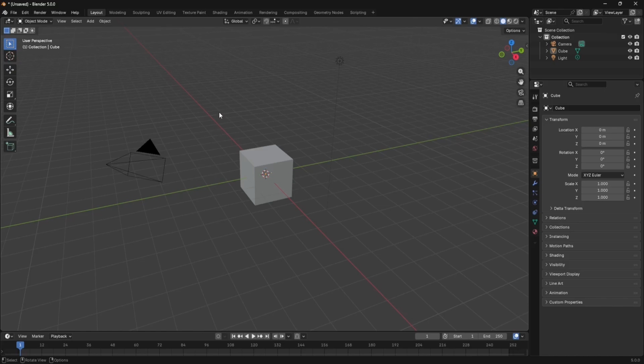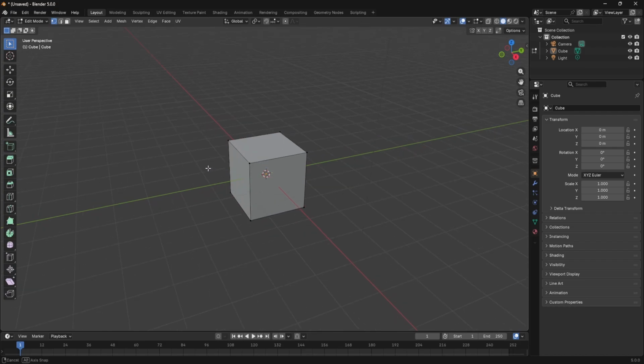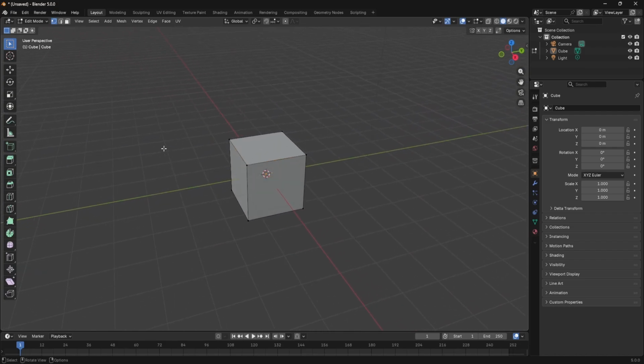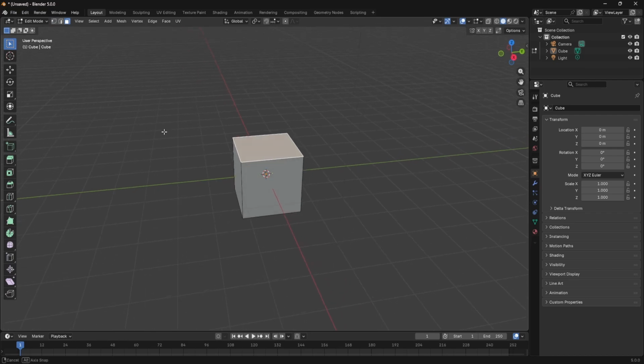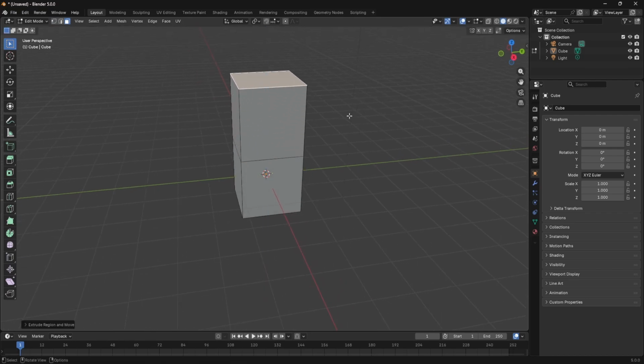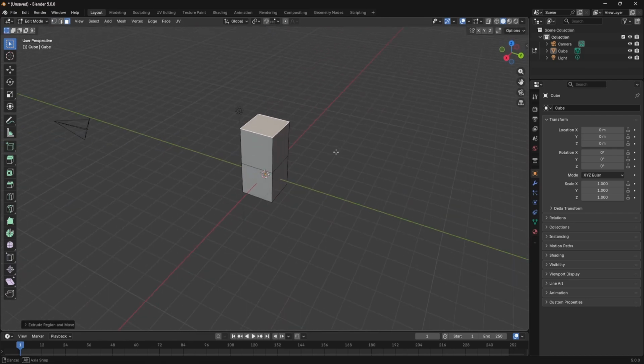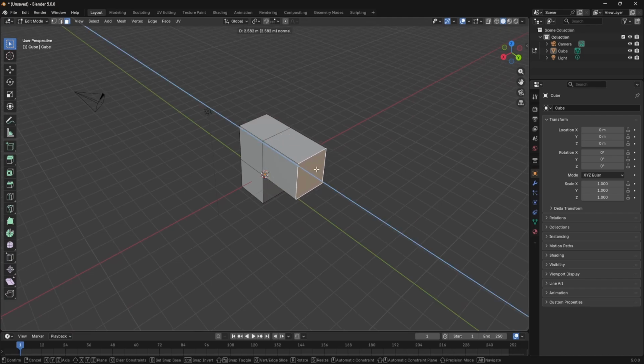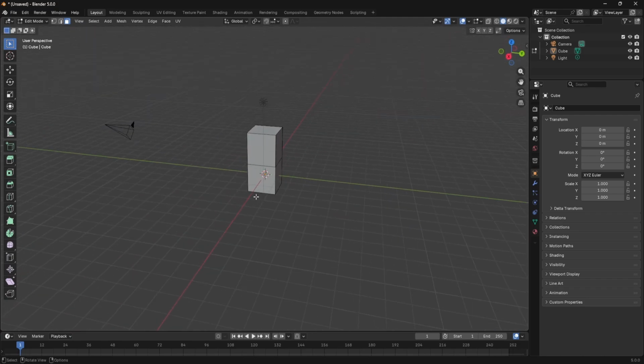Hello, today I'm going to try to speedrun making something in Blender. I have not touched Blender in like 2 months, so I'm just going to make something, and yes,